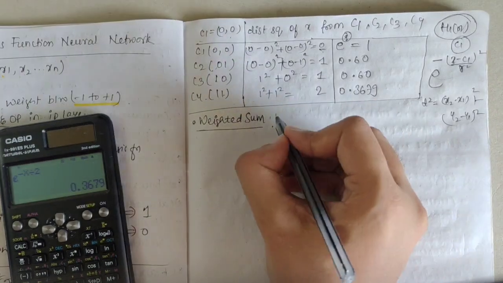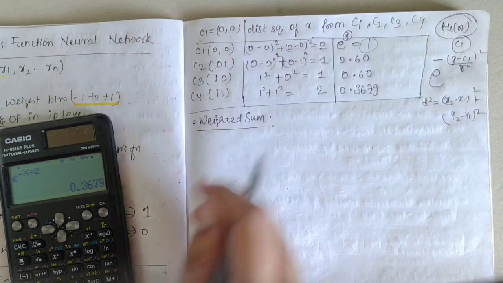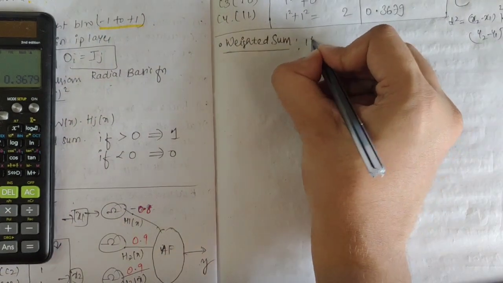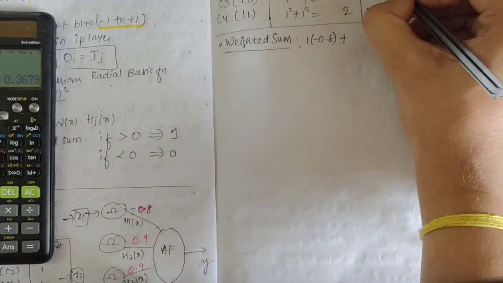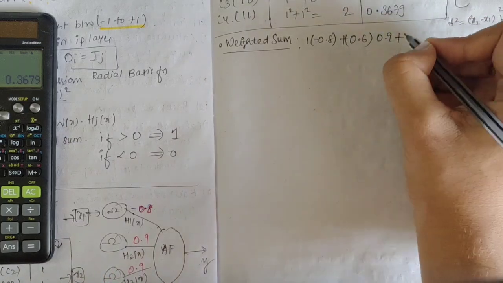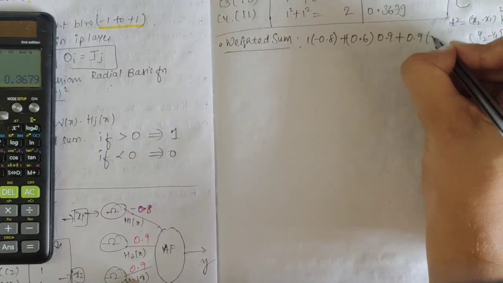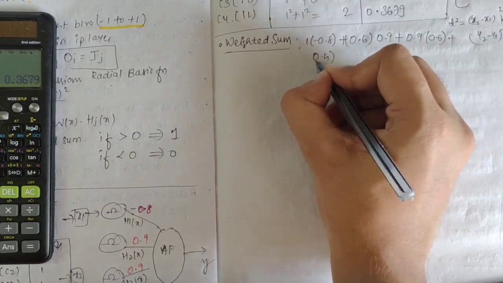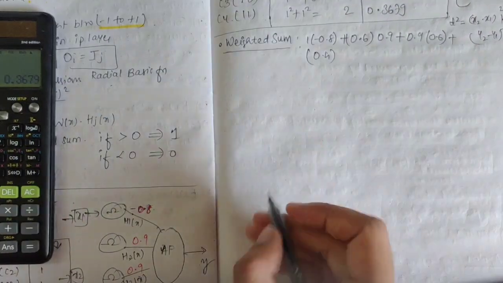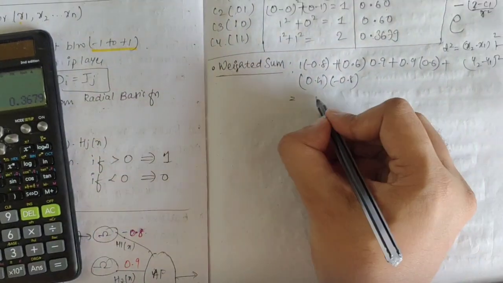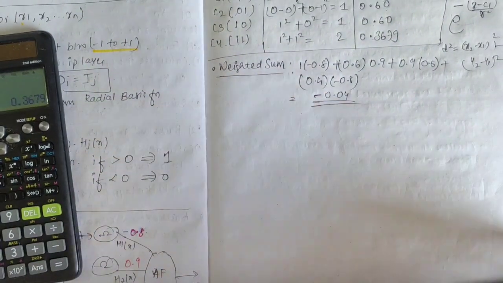Firstly this 1, multiply it with the x1 weight. The x1 weight is minus 0.8. So 1 into minus 0.8 plus x2, this 0.6 into this 0.9. Next I have 0.9 here and here 0.6. And then here I have 0.36. I'll round it off to 0.4 because it was given as 0.4 in the textbook. And here I'll take minus 0.8. If I solve this, I would get minus 0.04. So I am done with